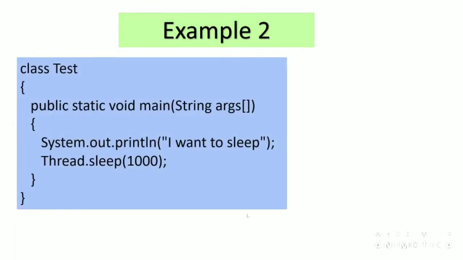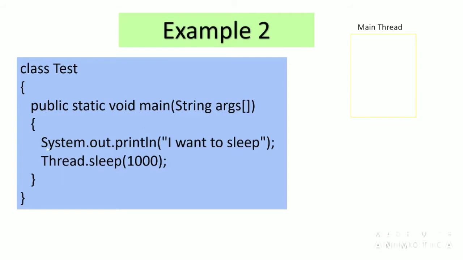Now, in this lecture, we are going to deal with another example related to checked exception. So, here we have a block of code. Let's understand this code. Here we have defined a class named Test, public static void main, String arguments. We have studied in our previous lecture that in every Java program there is a thread called main thread, and the main thread is responsible for calling the main method. And we know that the execution always starts from main, so from here execution will start.